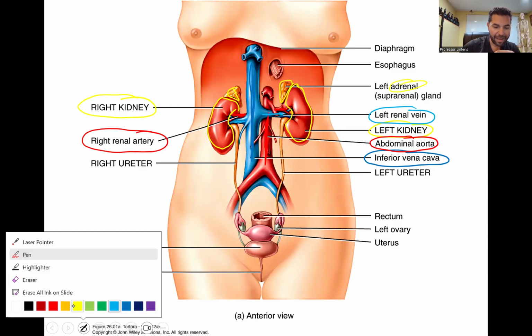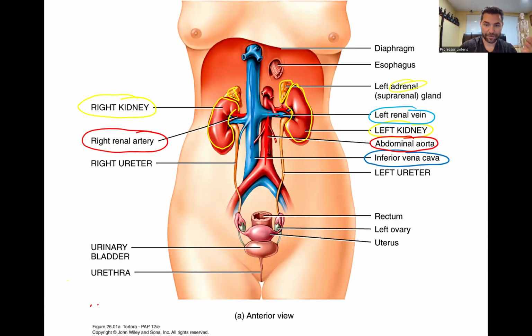Important. After the kidney filters this blood, it turns it into urine. And we talked about this in the previous one. This urine comes down and it will be stored in the urinary bladder, which we can see here. And it drains from those kidneys to the bladder via the ureters. Obviously, you have one coming out of the left kidney and respectively coming out of the right kidney. Both of those drain into the urinary bladder where it is stored, and then when needed, it will be voided